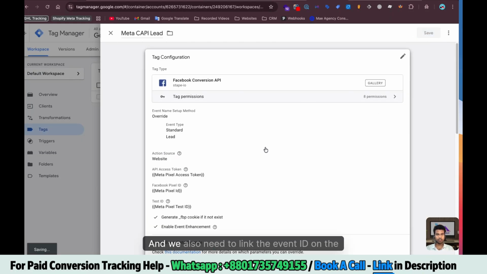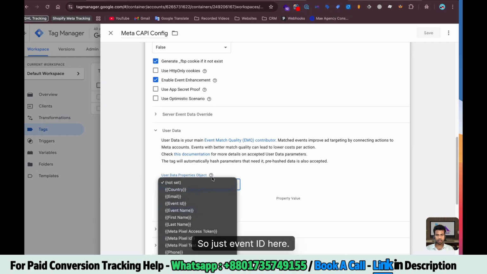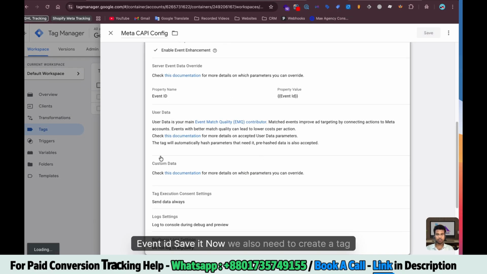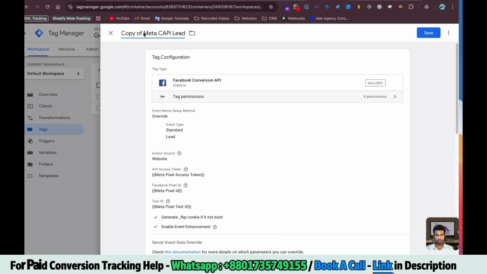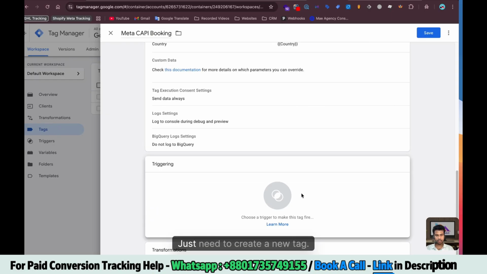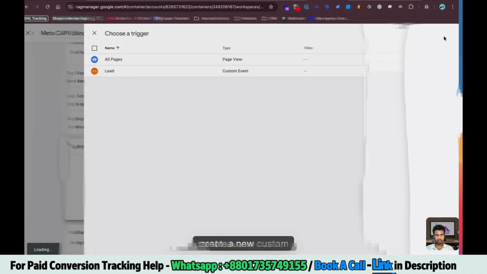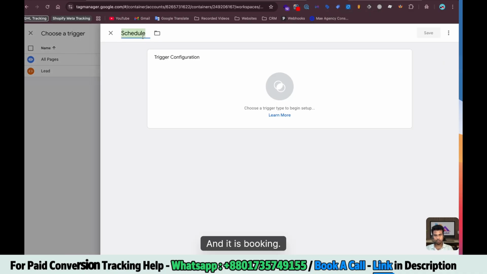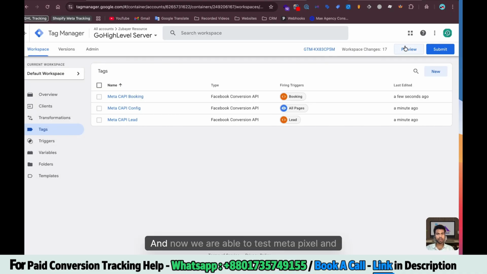Save it now. And we also need to link the event ID on the config tag. So just event ID here. Event ID, save it. Now we also need to create a tag for the booking. So copy it. Then this is booking schedule. The rest of the thing will be the same. Just need to create a new tag. I can just copy the name from here, create a new custom event, and it is booking schedule. Save it. Now save. Now we can preview, and now we are able to test Meta Pixel and Conversion API